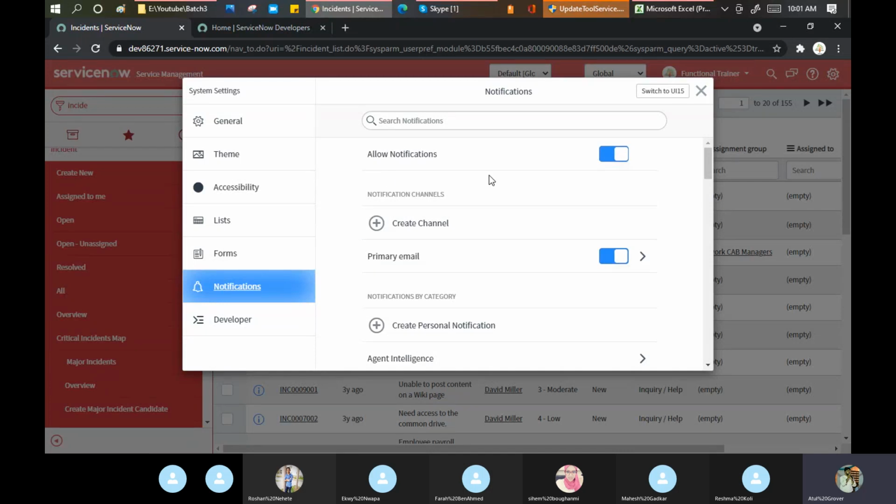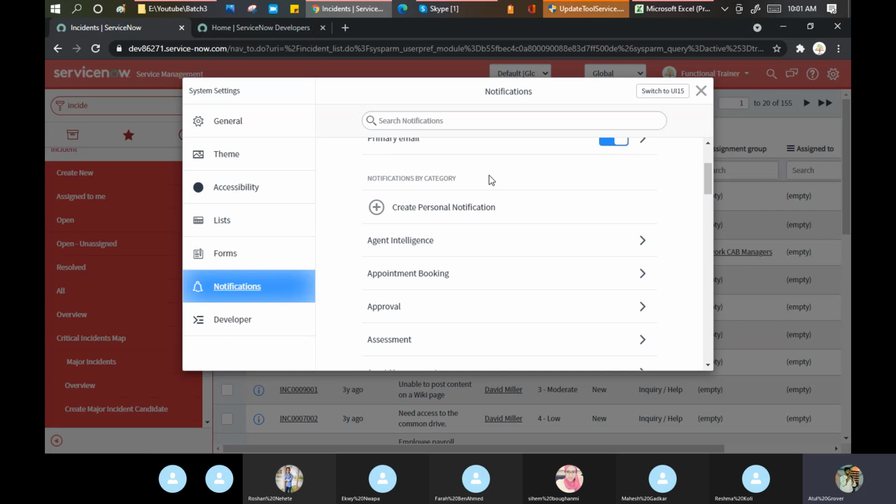How this can be configured, we will definitely discuss in detail. But here we are discussing notification personalization: which emails I should receive, which emails I should not receive, what the conditions are, and what I need in order to get the emails.